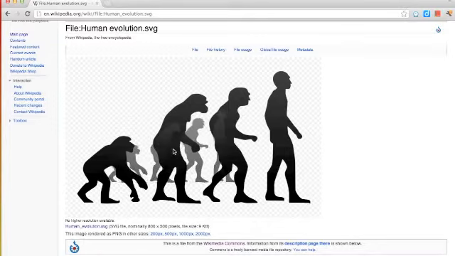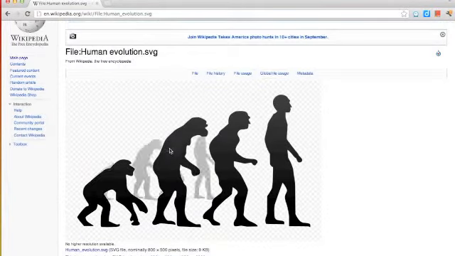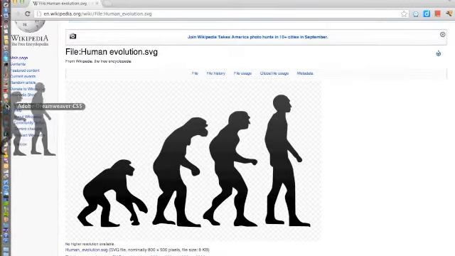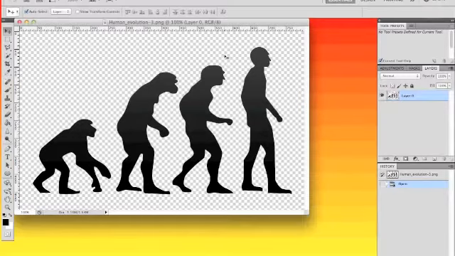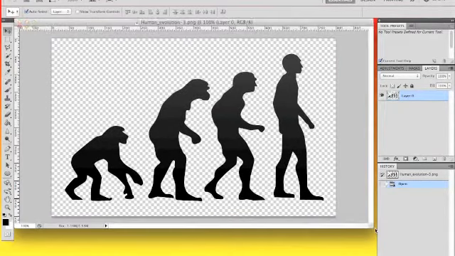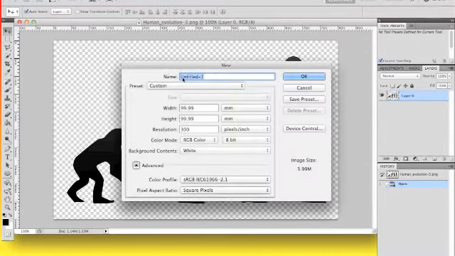So let me just get started. I'm just gonna move this Creative Commons licensed image over to my Photoshop application free of charge, and I'm really unlikely to get sued. In fact, it's impossible to get sued since I know that the license is Creative Commons. So here we have each step in the human evolution, and later on I'm going to isolate each of these images into frames so that each of them can become the frames that we use in our animation. Let me just move on to creating another palette, however, using Command N